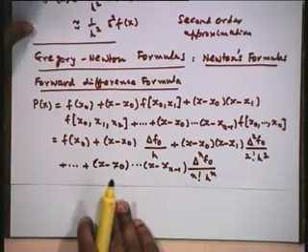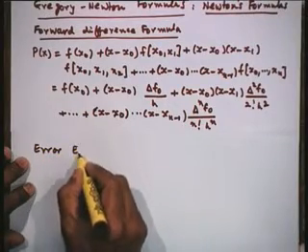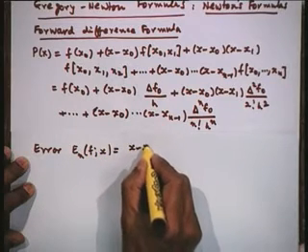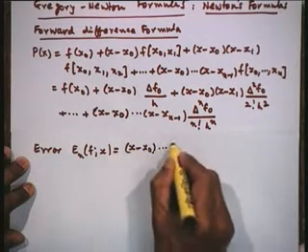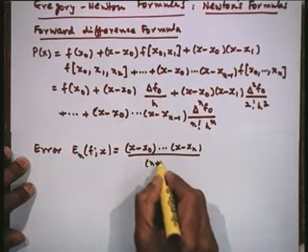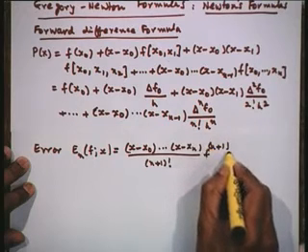Now, the error term would be the same because the interpolation polynomial is unique. Therefore, the error term that we get will be same as what we have proved in the Lagrange formula. So, let us write down the error term also. So, the error would be simply E n f of x is x minus x naught, ..., x minus x n, by n plus 1 factorial, f n plus 1 of xi.